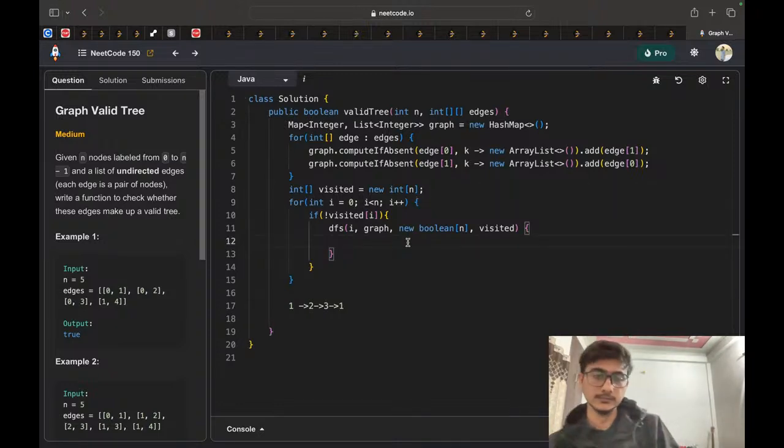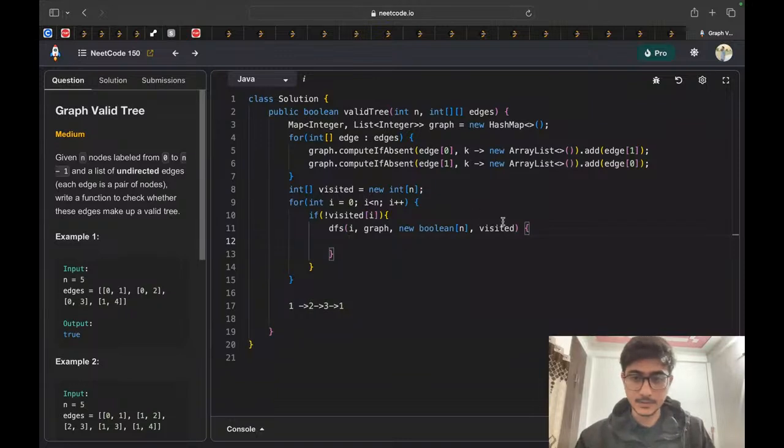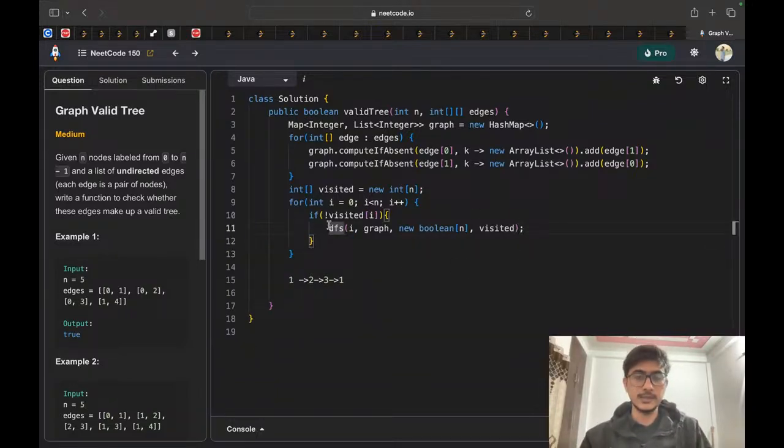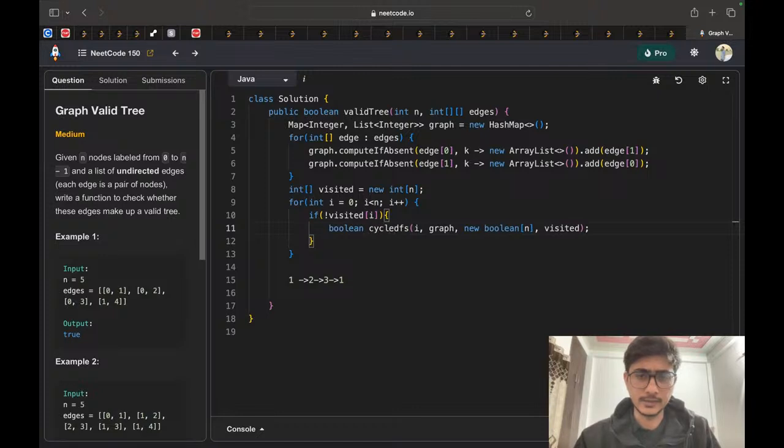Okay, so we will call this visited function, and this will check if our graph contains a cycle. This will return a boolean variable, cycle found. So if we have found a cycle,